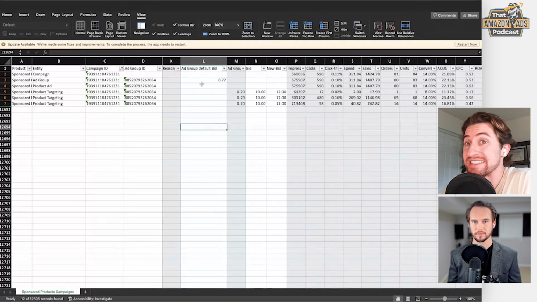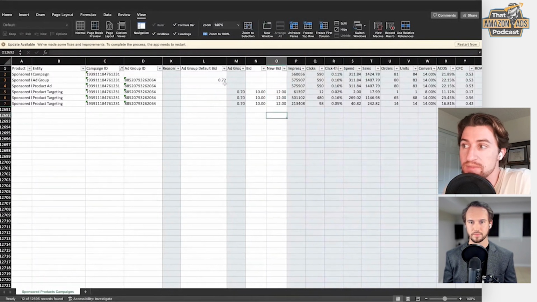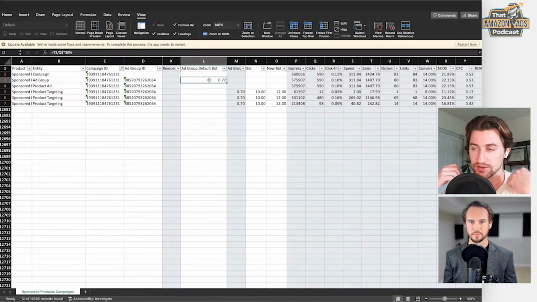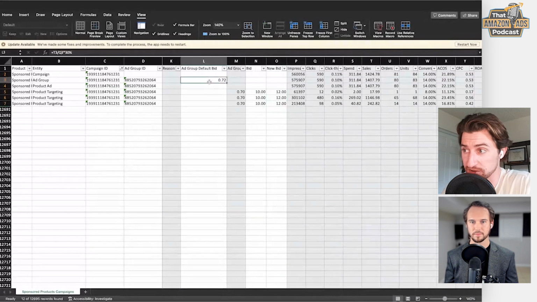But then the actual ceiling itself too isn't necessarily just what your target CPC is or what your target bid is. The bid ceiling is usually going to be higher than what your average should be. And it is arbitrary. So this is the part where it becomes a little bit of an art and science balance, where the math formulas we're showing you here are the science part, but then there's still a little bit of an artistic side for you to figure out what the end-of-the-day ceiling is.